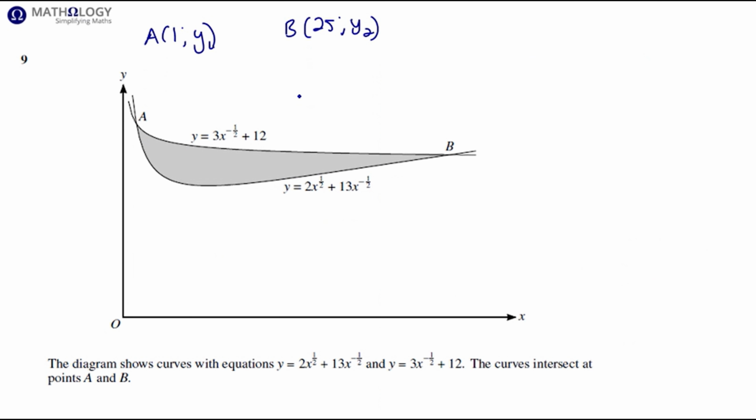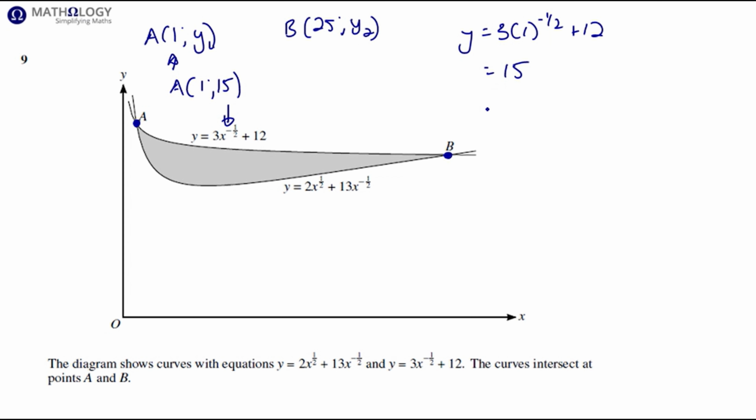Now to determine the y coordinates of these points A and B, we're just going to substitute the x values into either of the functions because they're points of intersection, which means that those points lie on both functions. So sub into this formula over here. So y equals 3. We're subbing in x equals 1 now. 1 to the minus a half plus 12. There'll be 3 plus 12, which is 15. So A is the point